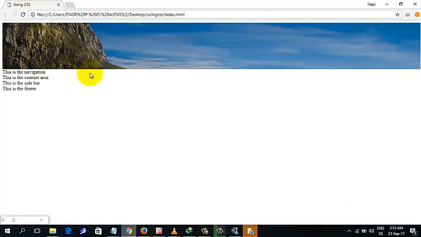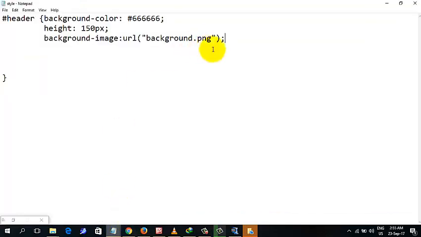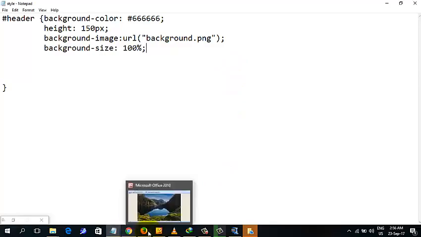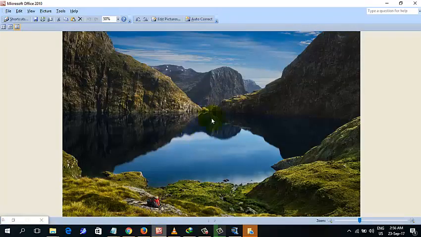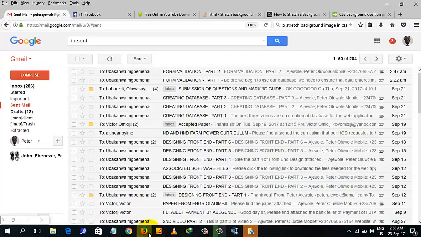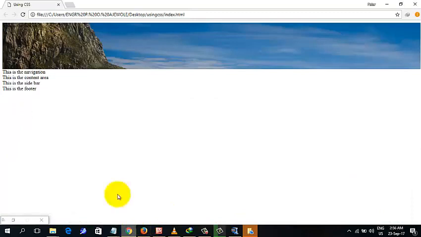Now that we are here, this is what the background image looks like. You can come back to CSS and say background size. You can make it 100%, because you want at least all the background to be represented. So if I come here and refresh,